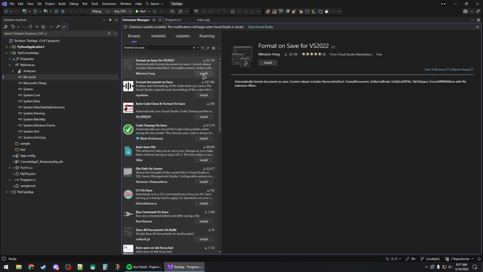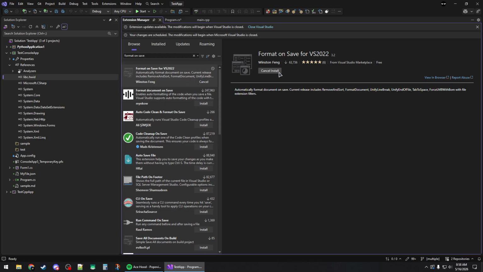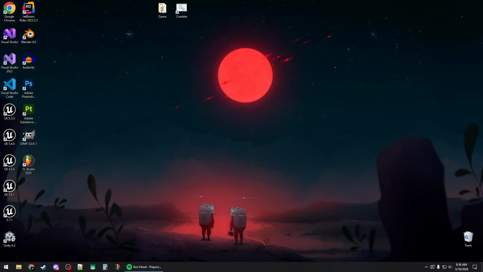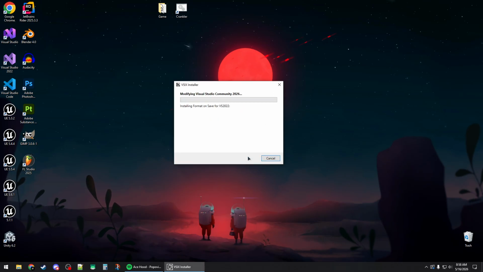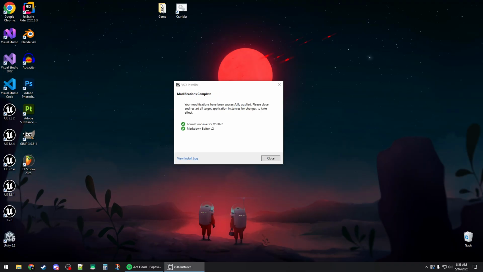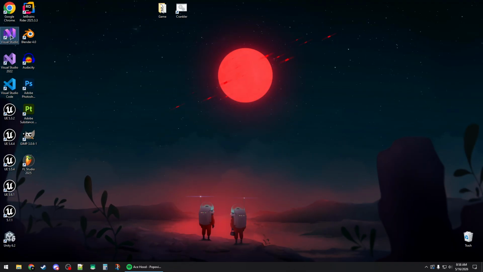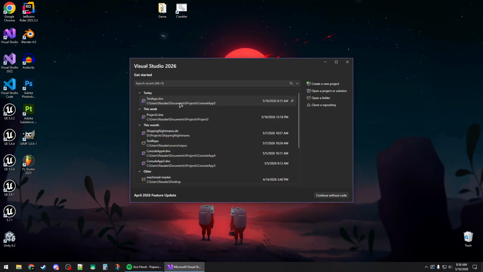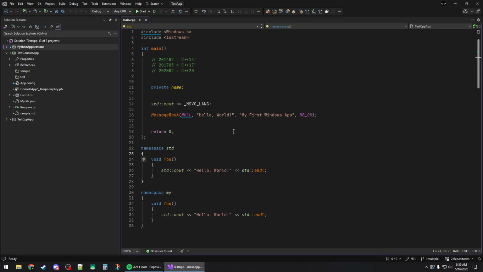You can click on the Install button, and once it says cancel install, you can close your Visual Studio project to proceed with the installation, and then click on modify to install it and wait for it to finish the installation. And now all you need to do is open up your Visual Studio project again, and once your project